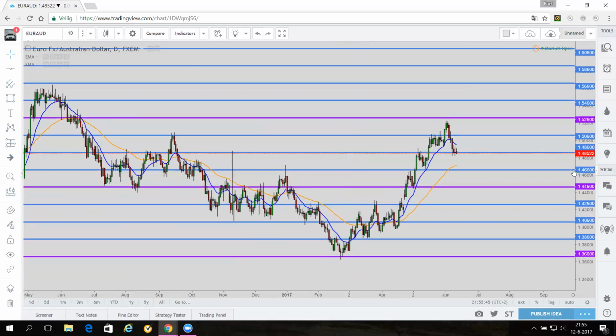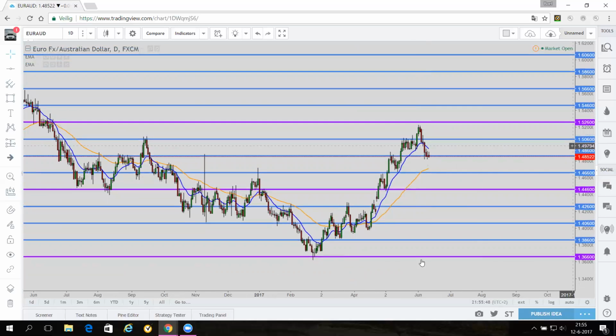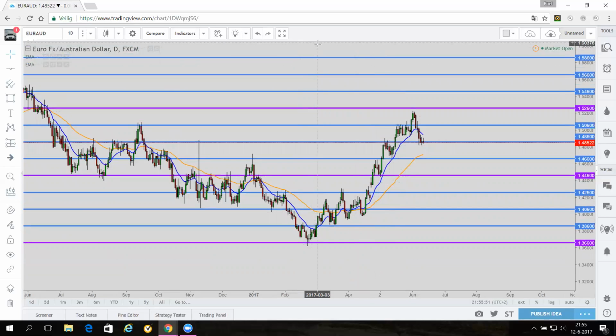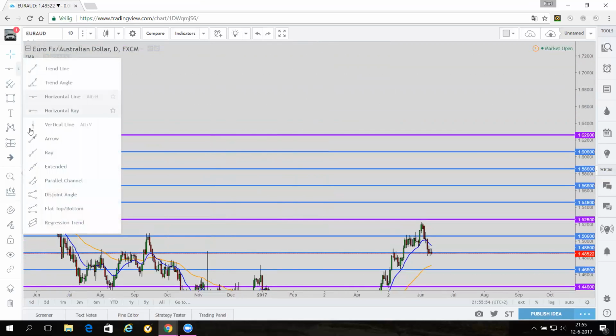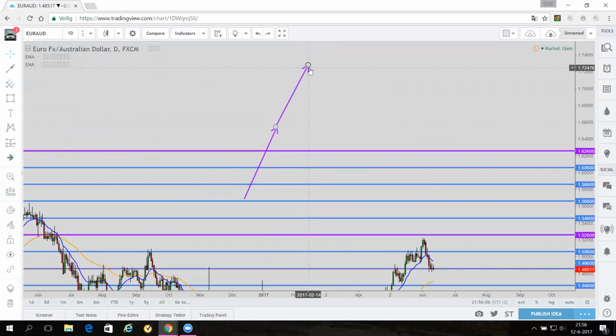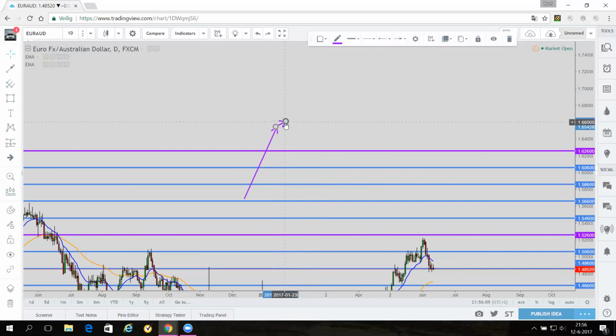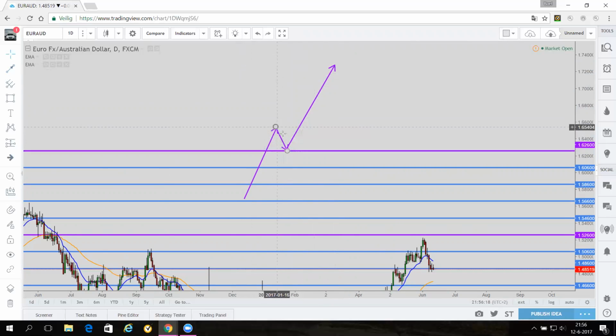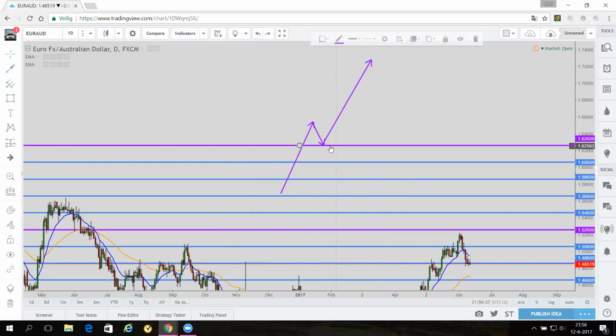One of the patterns I use most, or not actually patterns, but like occurrences, is the retest. A retest basically means where you have a level. So let's draw it out. You have a level. Let's say price breaks through right here. It goes from here up to there. Then it doesn't always continue upwards instantly. It doesn't keep going up after that. What usually happens is it goes back down. Either it hits right here and then it flies upwards again, where this arrow right here is the retest. It breaks a level, it then goes back down, it tests the resistance, which now turns support again, and then